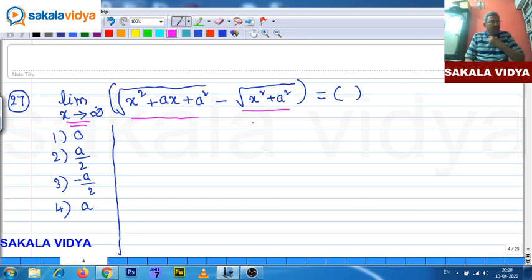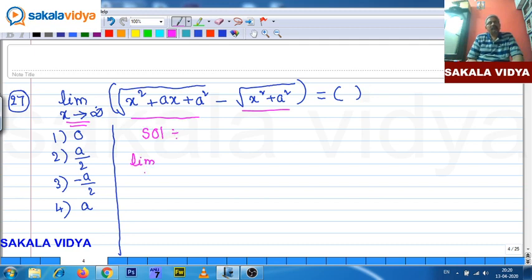It is better to rationalize the numerator, with the help of root of x square plus ax plus a square plus root of x square plus a square. After that, exactly correct what you said, x square we need to take common. Let us do it now. So now the solution follows like this: